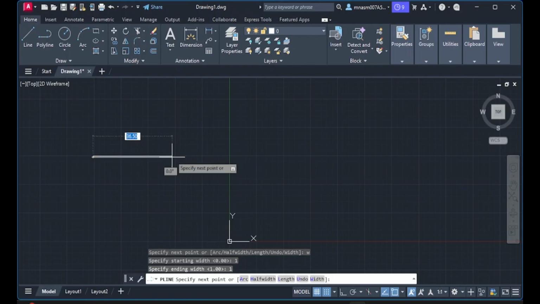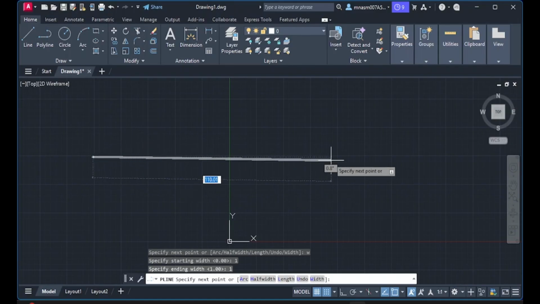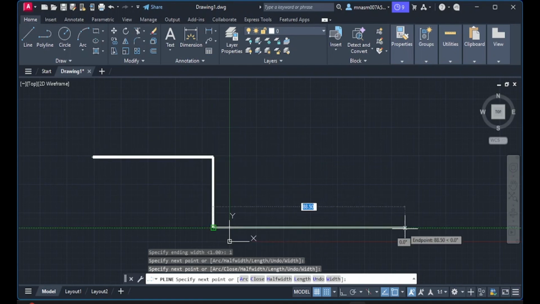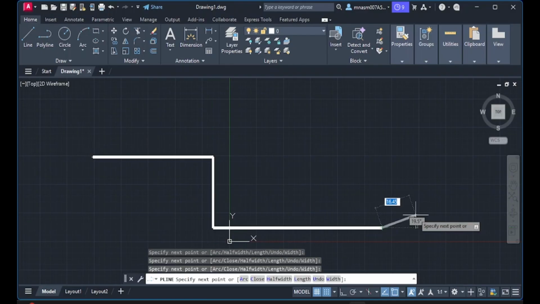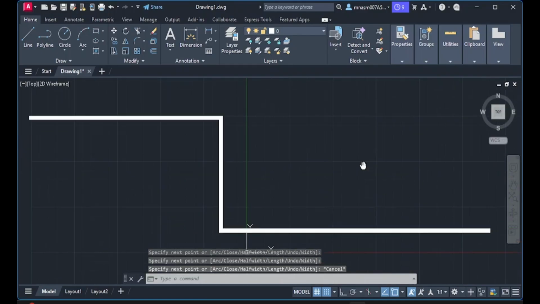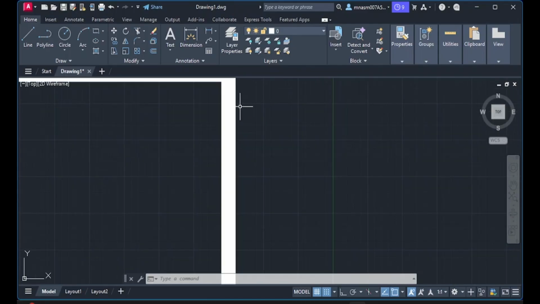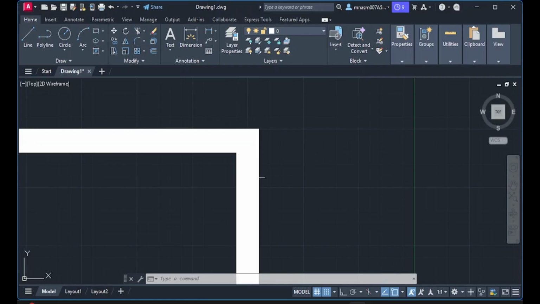And then it asks the length, so I can type the length here or by options, or even I can click anywhere on the screen to give the length. Okay, so I click here, right here, and then here, and then here. You see, a thick line is constructed on the drawing plane, and its width is 1 mm. Okay, and you can see the corner is here at 90 degrees.